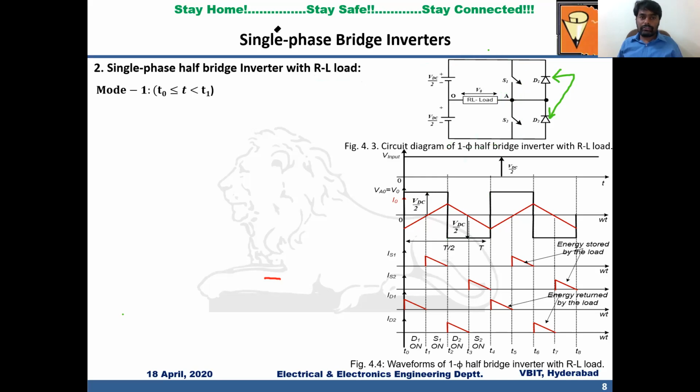We have also seen that when the load is resistive, the output current and the output voltage are in phase. That is why diodes are not playing any role to transfer the power. Here the load is RL, which means in addition to the resistance, it has the inductor, right? If the load is pure inductive load, there is still some internal resistance it may offer. So let us say the load is pure inductive load, in case of pure inductive